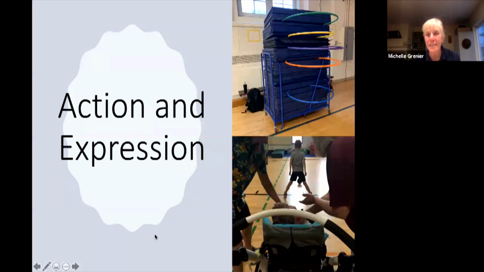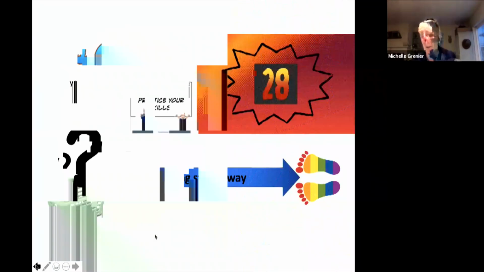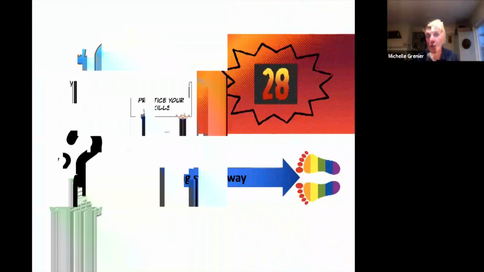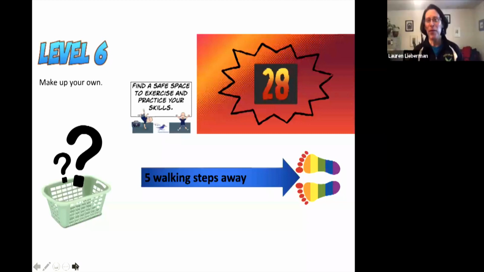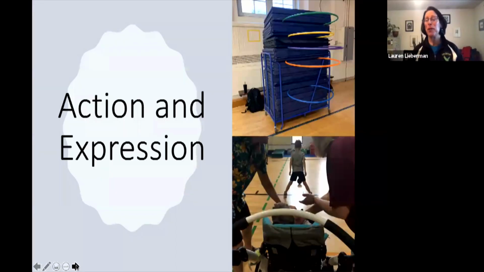And action and expression, I'm going to turn over to Lauren and talk again. She showed these 2 pictures, but we really want to reinforce what action and expression is. Yeah, one of the things Chris was saying is, one of the kids put the basket on top of the bunk bed and was trying to move backwards and throw it on top of the bunk bed. How long do you think they can stay engaged if they get to pick the challenges when you're doing assessment? So there's no telling what they can come up with.